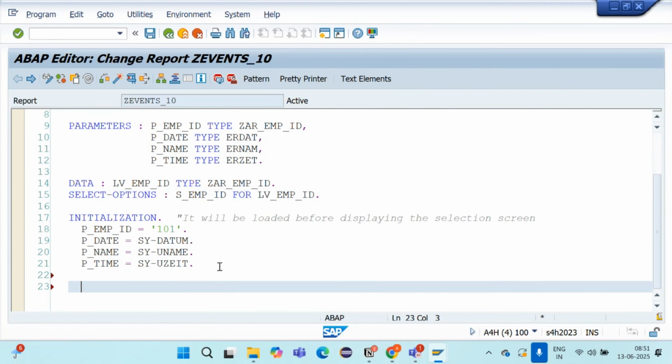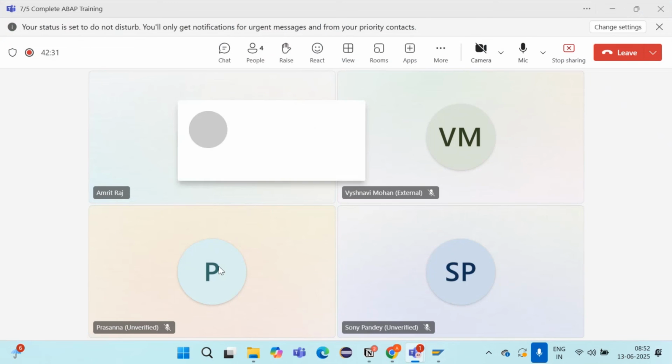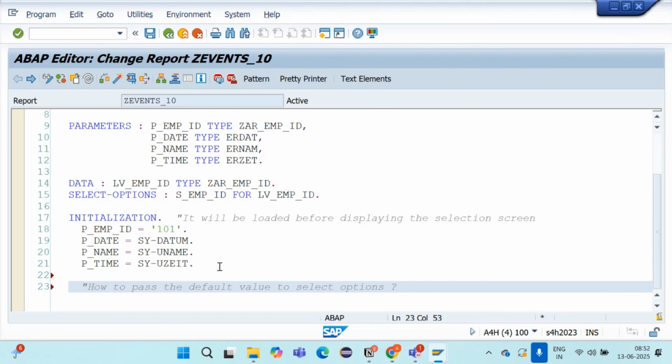How will I pass the default value to the select option? Think about this.